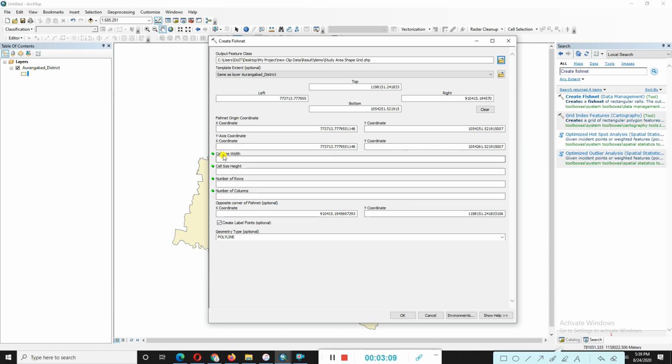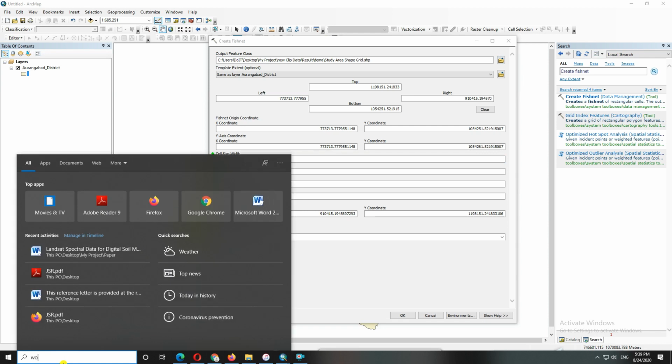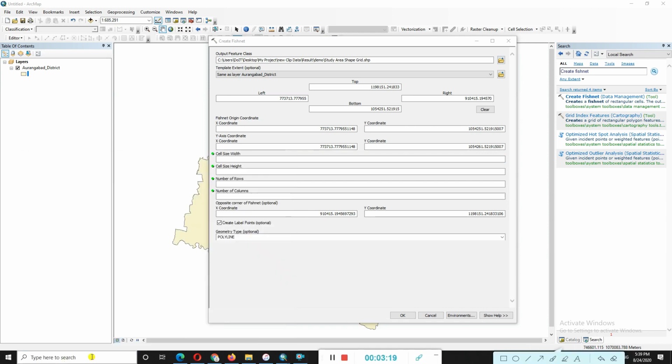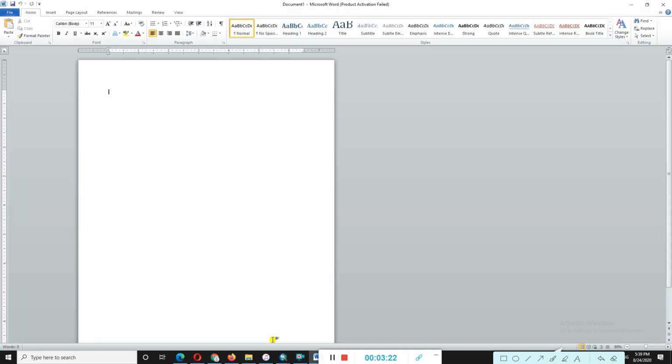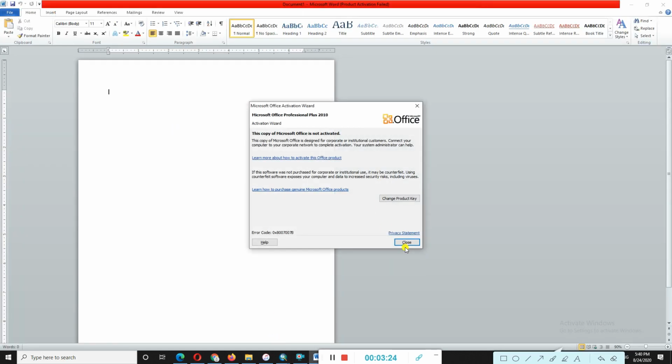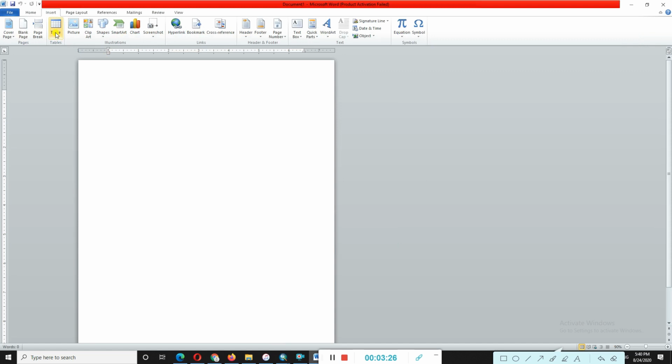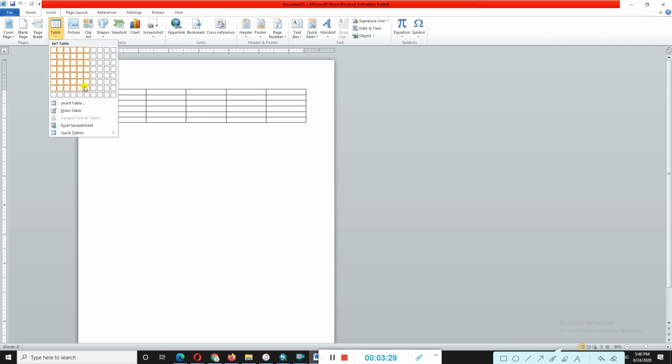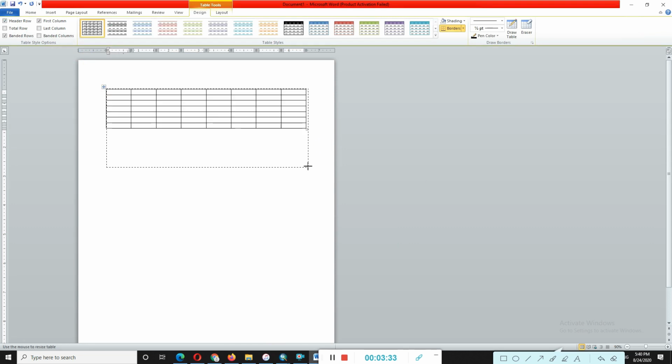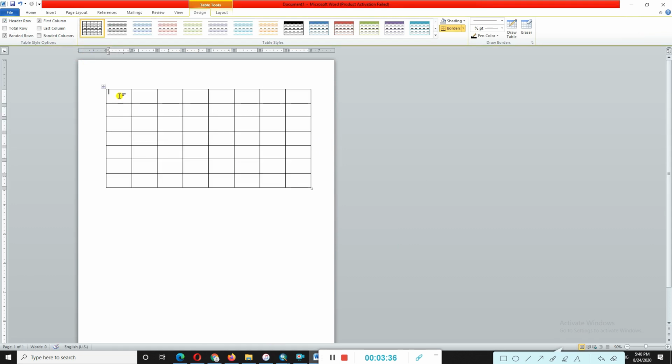So first, cell size width. I am showing you exactly how we are doing this practically. Just inserting one table here. For cell size x and y positions, we are giving 5000.